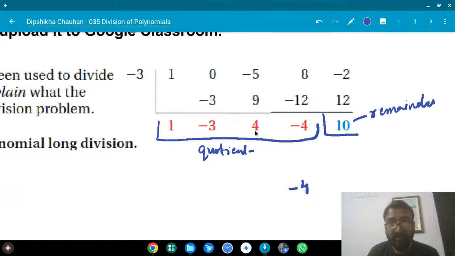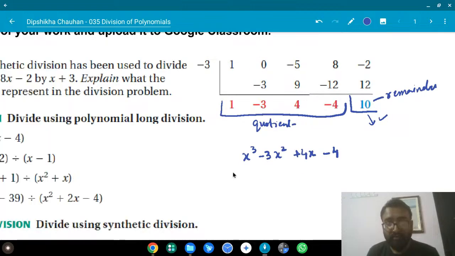It is the x coefficient. So plus 4x. And this is the x square coefficient. It is minus 3x square. It is the x cube coefficient. It is x cube. Okay. And this is the remainder. And how can we write, do you know? So it can be written as